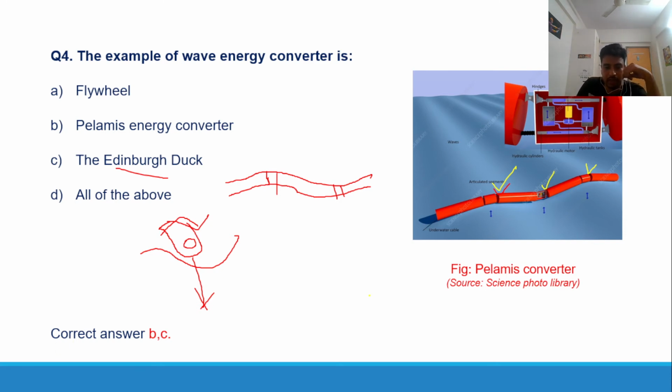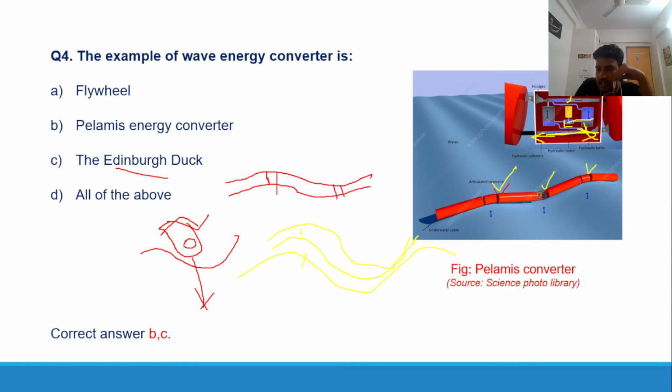Waves are like this, okay. So this Pelamis converter is also like this, and it rides on the waves. Due to the joints it can go up and down, up and down. There are fluids in the hydraulic rams. When it goes up, the ram piston will go this side, so the fluid in this ram will go down, and it flows through the turbine here and rotates the turbine,